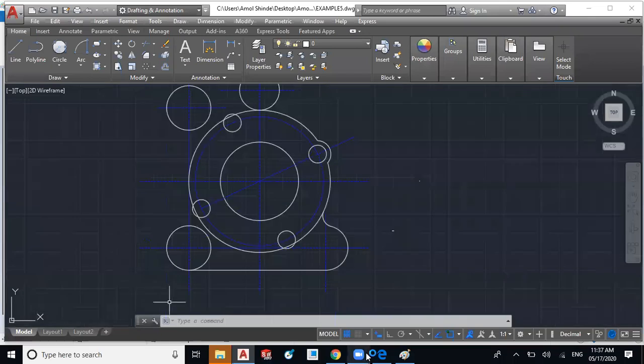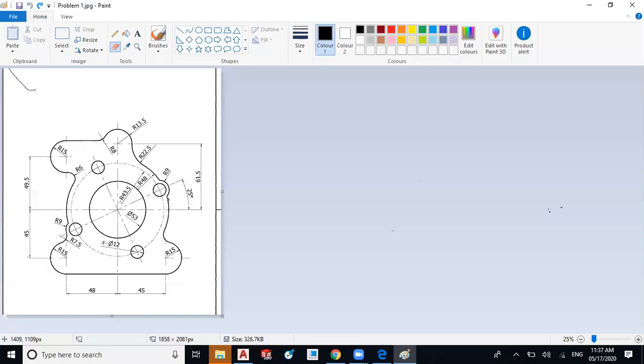Now we'll move to this side. We have to draw one circle of 7.5 here, and that circle is tangential to this 9 circle. Okay, so we have to create it by using this center as a 9 circle.